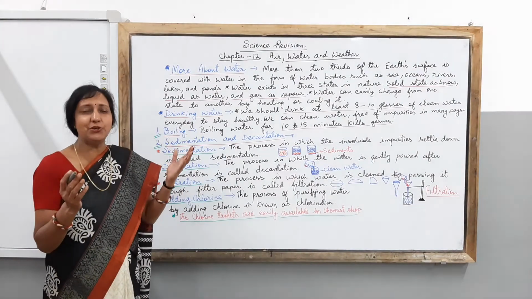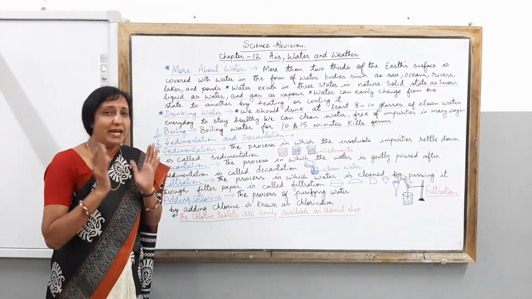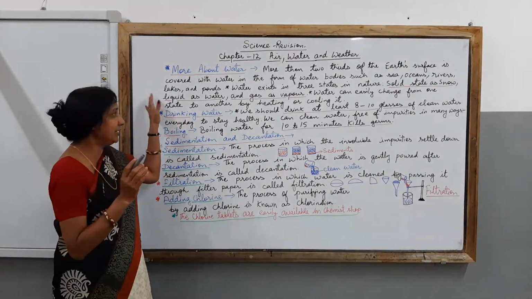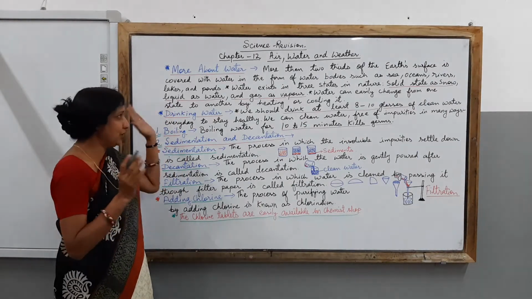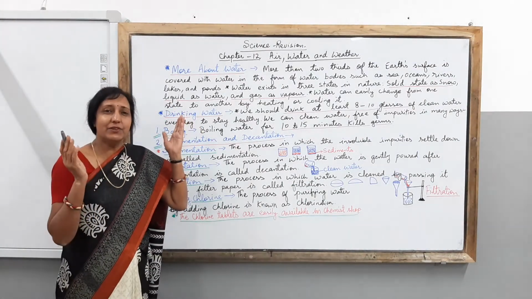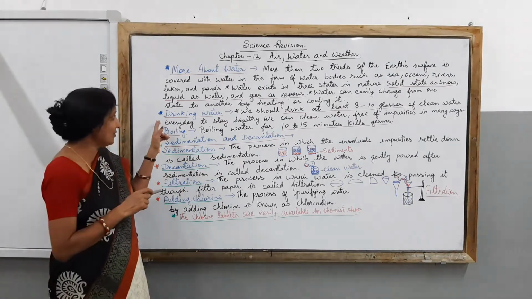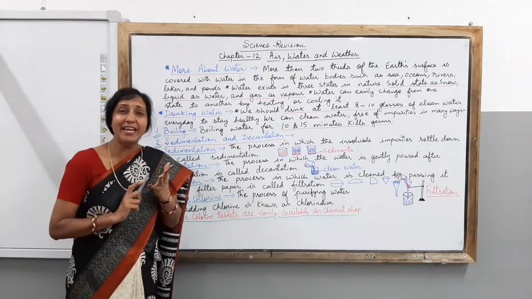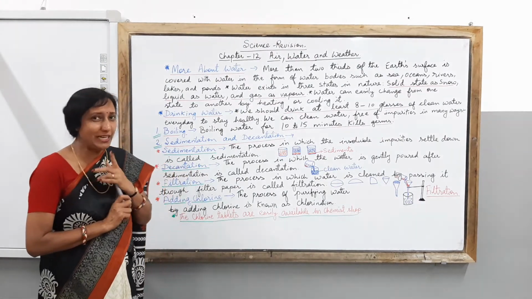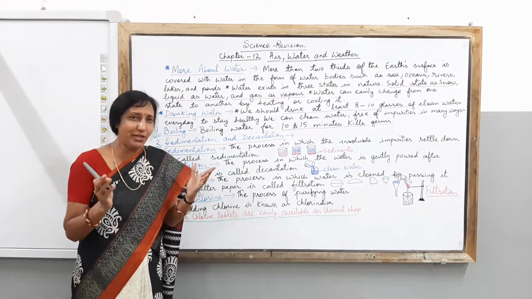Clear, children? So I hope with the help of the textbook you are able to see and understand all the things which I have explained to you in my class today. And in my class you have learned all the things about water, how much water you should drink, and the different states of water: solid, liquid and gas. Then children, you have come to know that you have to drink 8 to 10 glasses of water every day to keep a healthy body.